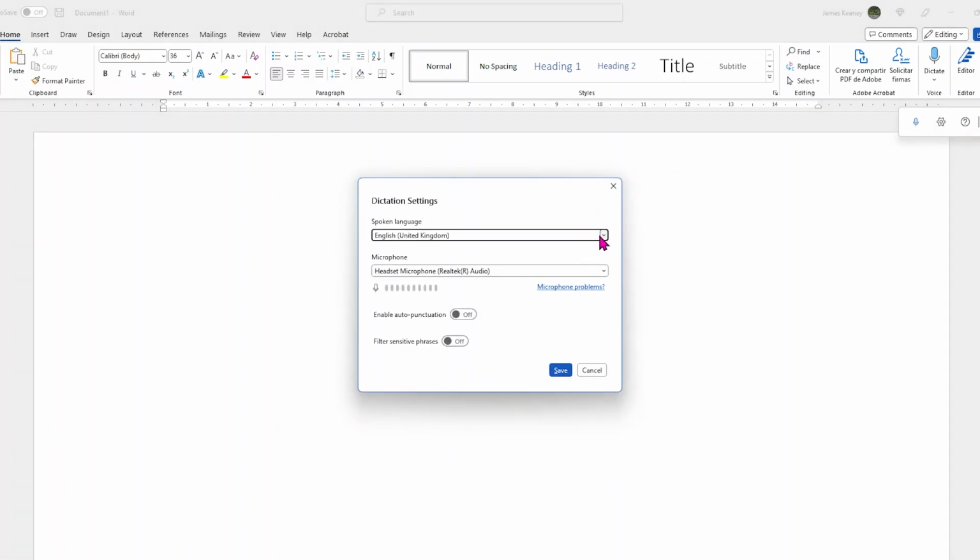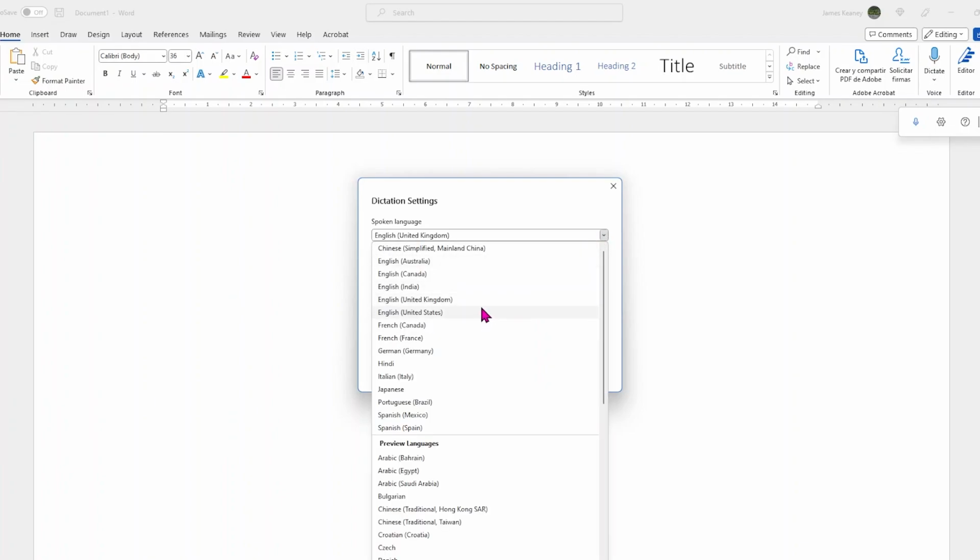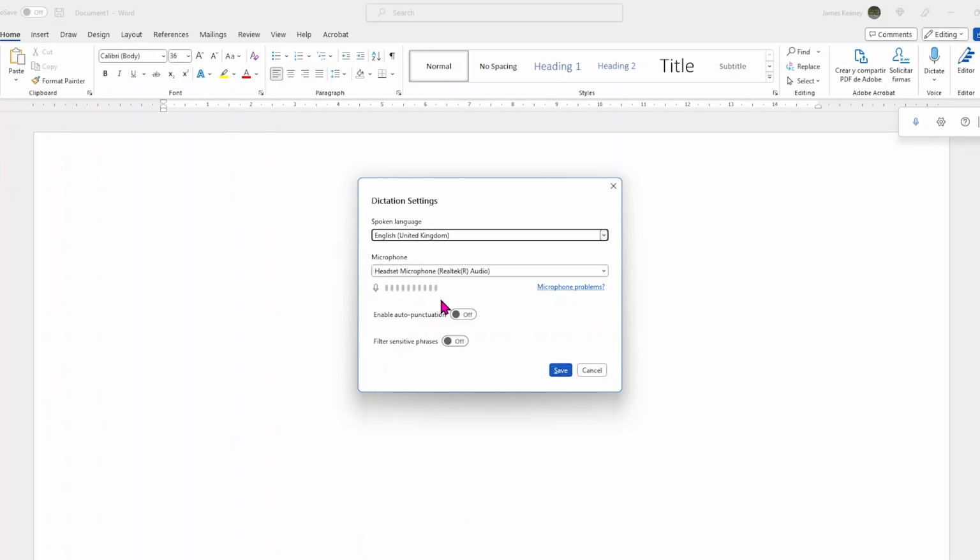And as you can see, mine is defaulted to English United Kingdom. You can choose English United States. I suggest you choose one of these two and not any of the other ones. Always make sure that when using this, that it's set to English. If your computer is in Spanish and your Office is in Spanish, it's going to default to Spanish. So every time you need to make sure or change the default on it.